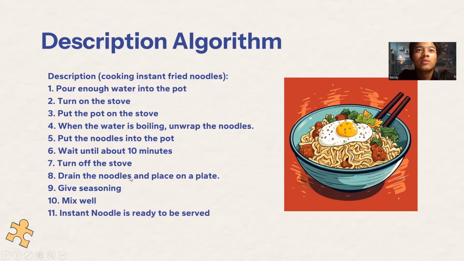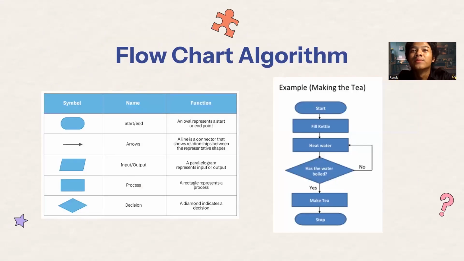And then we will move to the flowchart algorithm. So this is a flowchart algorithm. As you can see, these are the basic symbols of a flowchart. This is known as the terminator, which means the start or the end of the program. And then this is the arrow. The arrow is used to connect one symbol to another. And then this is known as data, which means an input or output process. And this is process. This is a pure process. And the last is decision, to